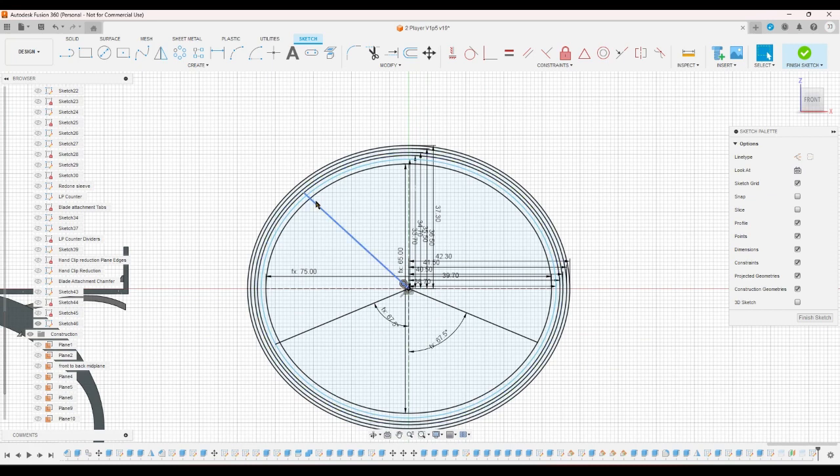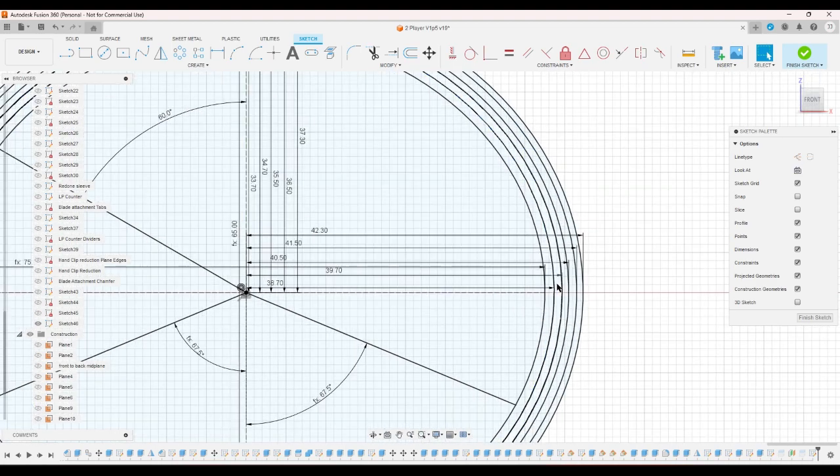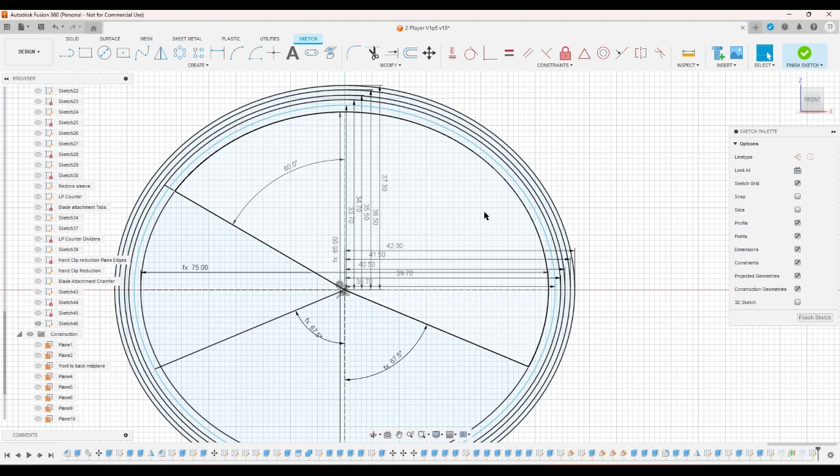And I want this to be at an angle of something around 60-ish. The reason I want 60-ish is because that'll give me enough room for at least most of the life point counter to fit from here to the